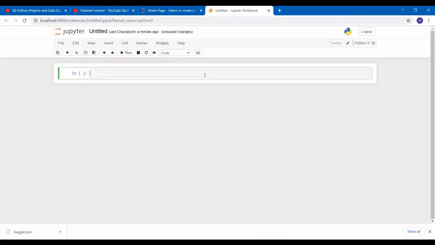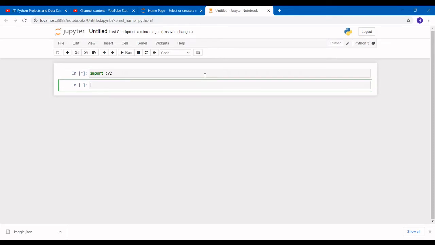So in this video, we are going to see how we can draw shapes on our images. There are different types of shapes we can draw on our images, like circle, line, rectangle, and ellipse, and we have putText. By using putText, we can write something on our image or in our frame.